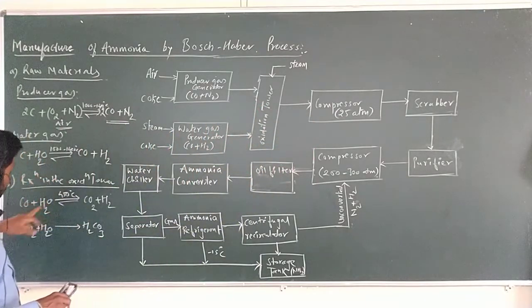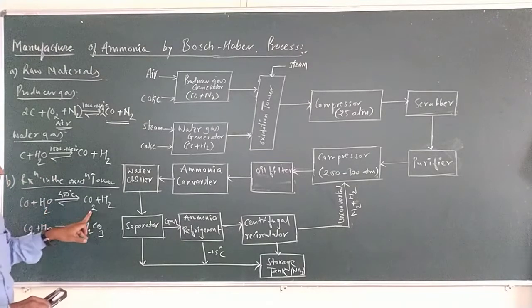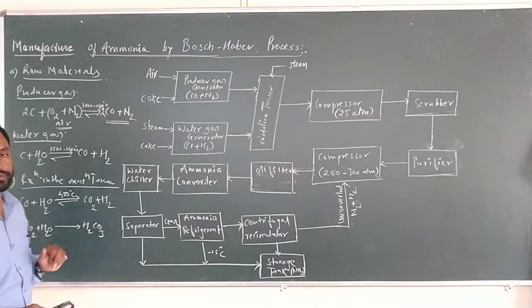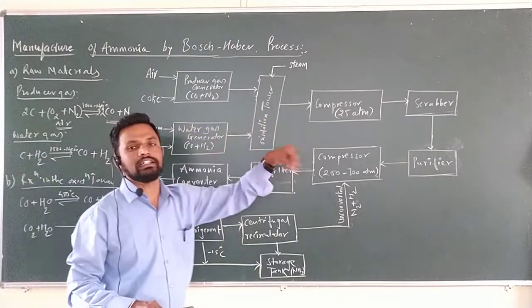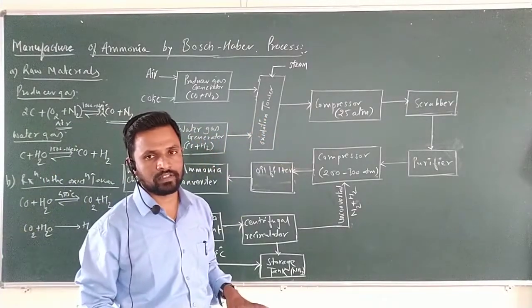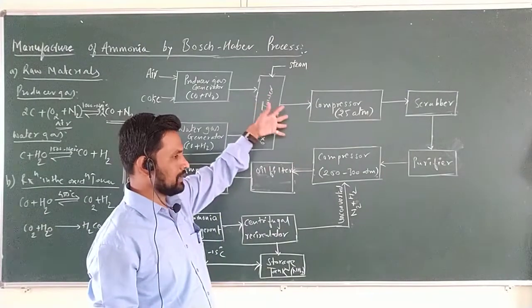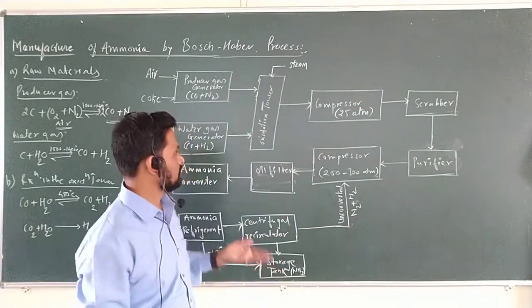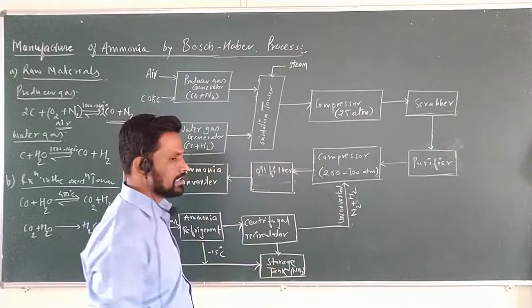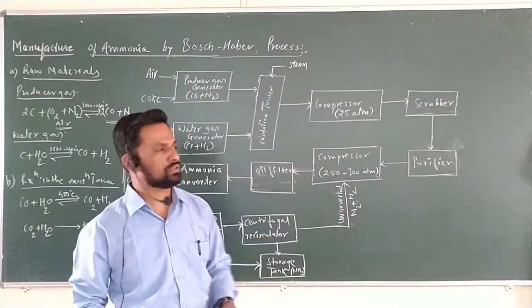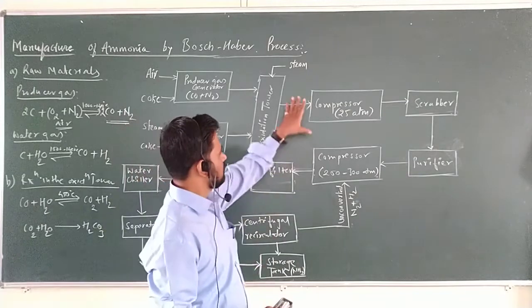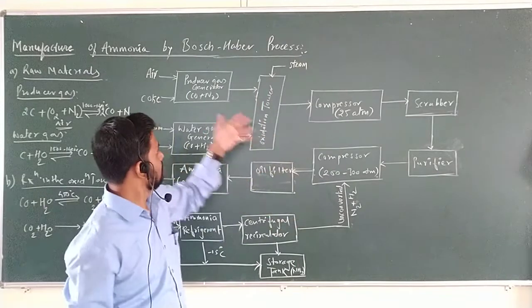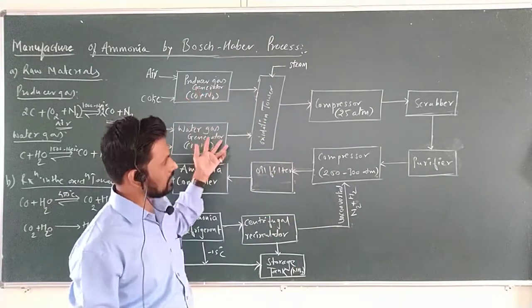We can see here the reaction: carbon monoxide plus H2O gives CO2 plus H2, and carbon dioxide plus H2O forms H2CO3, which continuously dissolves the carbon dioxide. As we know, carbon monoxide as well as carbon dioxide are both hazardous. So the carbon dioxide is dissolved with the water to form the acid, that is H2CO3. Then, once it is clear and purified, the producer gas and the water gas further pass toward